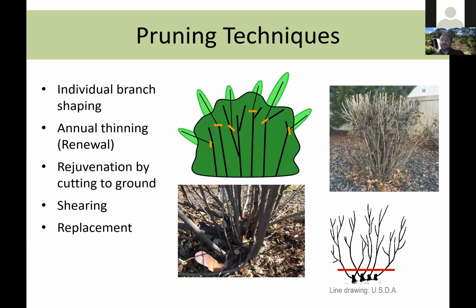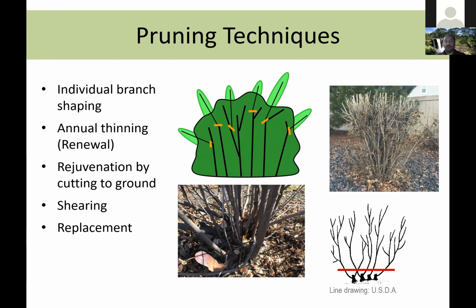Okay, so those are the two main types of shrubs, and some of the basic considerations. We're going to go through now some of the pruning techniques, and I may even show you guys a short video. I think I can do that here of us doing some shrub pruning. So there are 4 real pruning methods for shrubs, and then a 5th method, which is not really pruning, but another option. So we're going to go through them one at a time here.